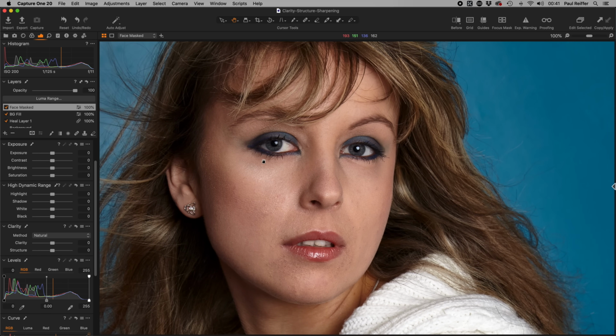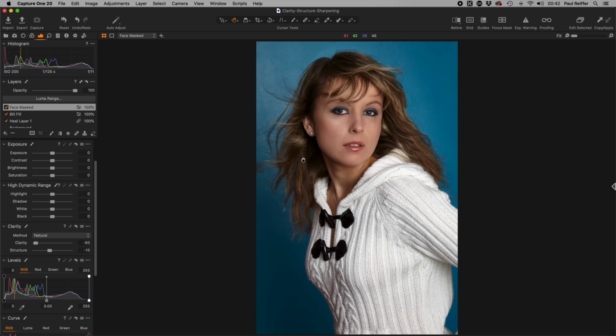And let's just zoom in here so you can see. So with that mask applied, by using these sliders to a negative number, we can actually have the effect of smoothing the skin in the portrait and reducing the amount of texture and detail that comes across in 1 or 2 simple clicks. Now again, less is more, don't overdo it. We don't want skin looking plastic, but absolutely this can be used not just on portraits, but it also applies